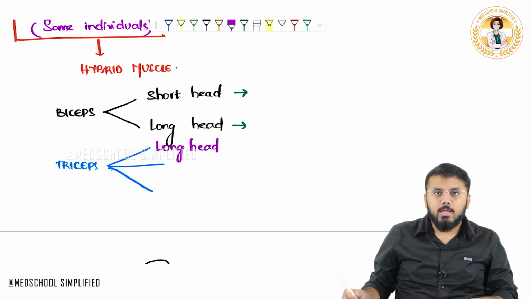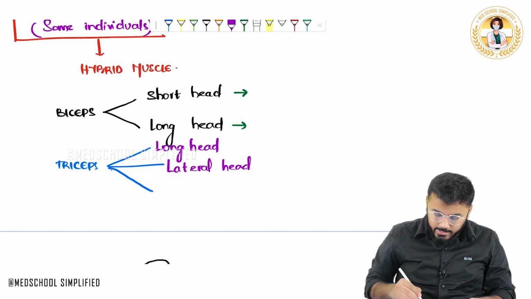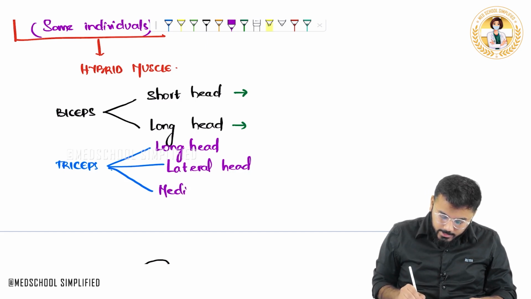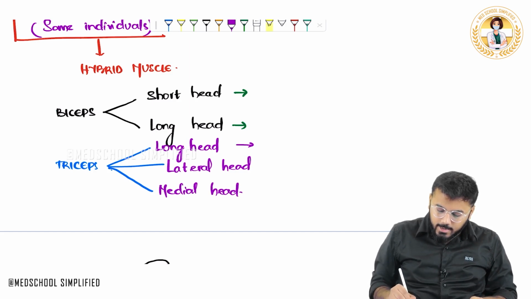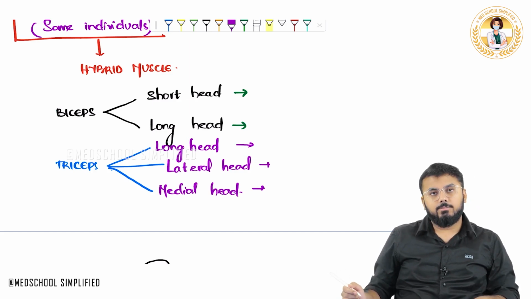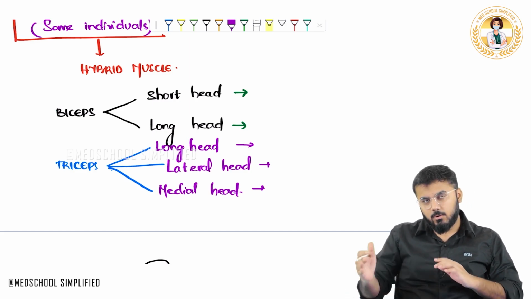of triceps. Another one is called the lateral head of triceps. When I say lateral head, there will definitely be a medial head. So there is also the medial head of triceps. So we have got the long head, lateral head as well as the medial head of triceps. Okay. So now we shall first focus on the biceps muscle and then we shall go on to the triceps